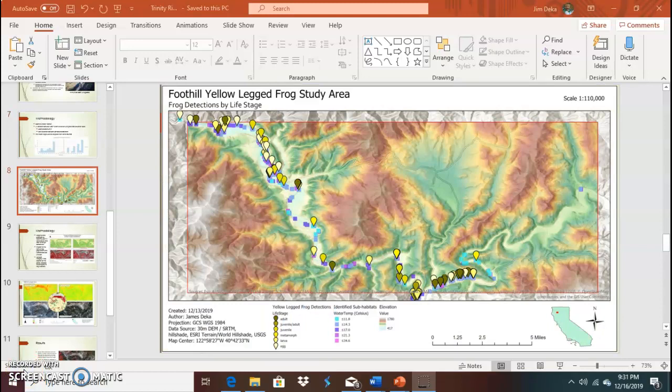This map depicts a combination of water temperatures and frog survey results overlaid on an elevation map. The water temperature areas were from the survey, but not all had frog sightings. Some of the areas without frog sightings were among the coolest areas surveyed. Frog sightings are displayed by life stage with the colors for each stage of life shown in the legend.